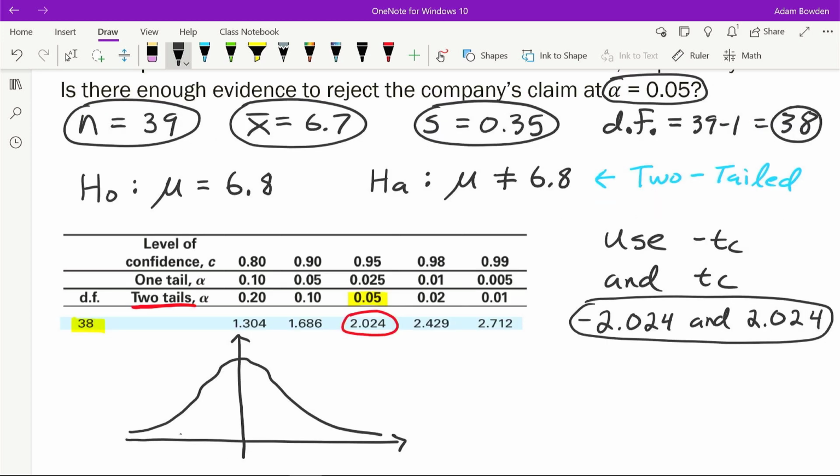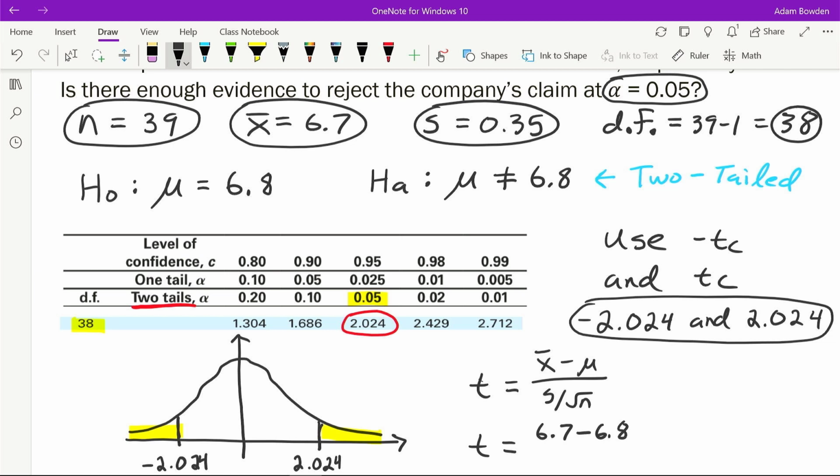The gist of it here is these are our locations that determine where our rejection regions will be. Two-tailed test means we need to highlight both sides, both tails, and then check our value for t using the formula. t is equal to